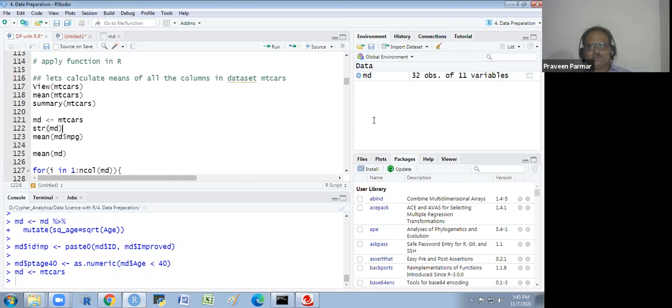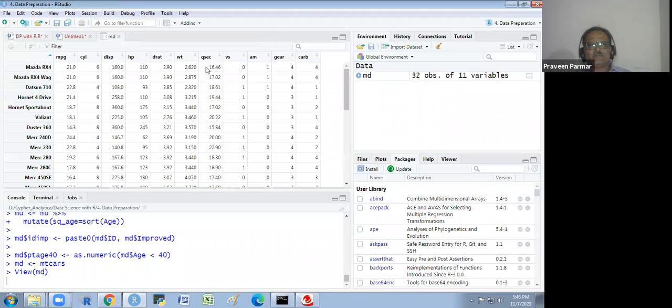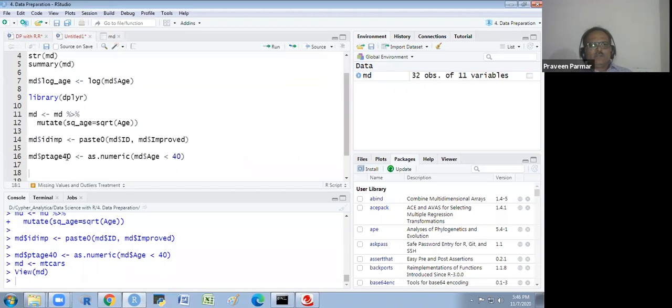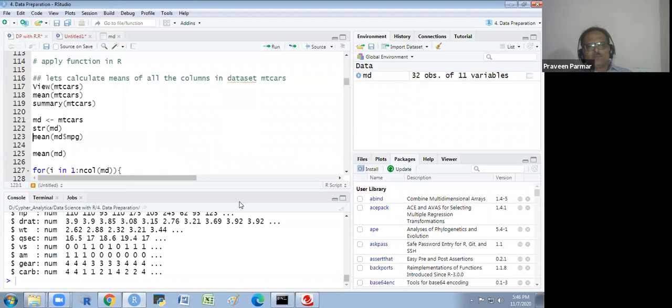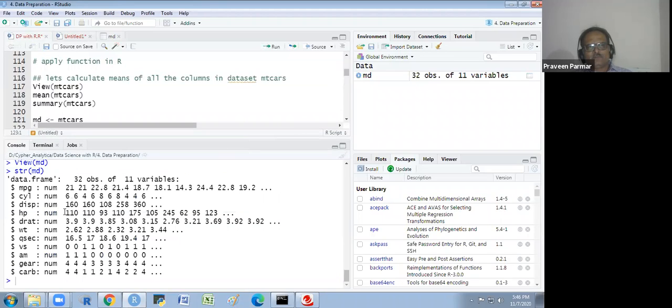There are 32 observations and 11 variables: mileage, cylinder, displacement, horsepower, draft, weight, quarter mile time, VS, AM, gear, and carburetor. If we see the structure, all variables are numeric here. The class of our variable is numeric.